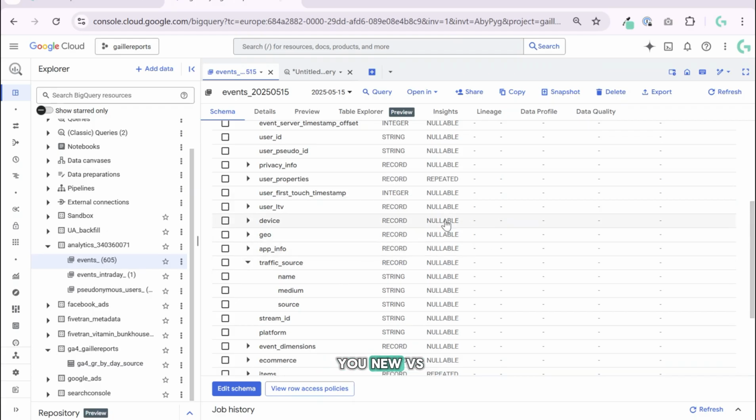GA4 doesn't give you new vs returning users in BigQuery by default, but we can define it with just one